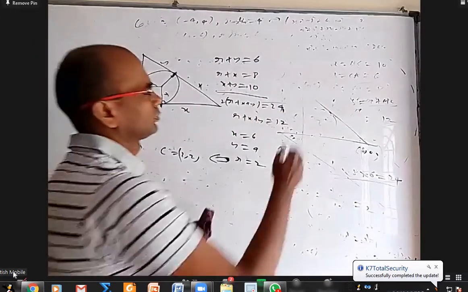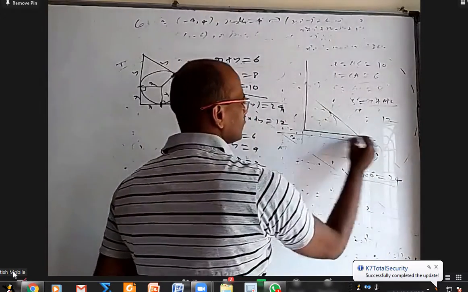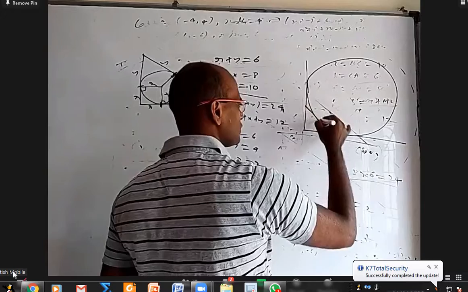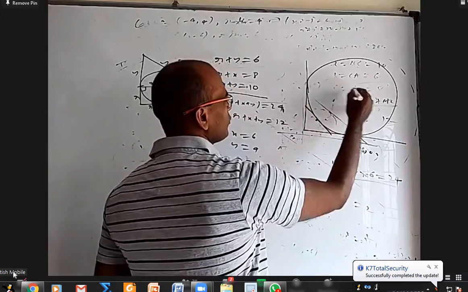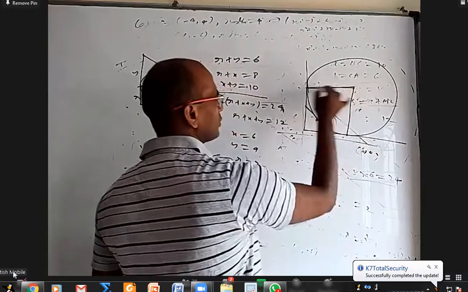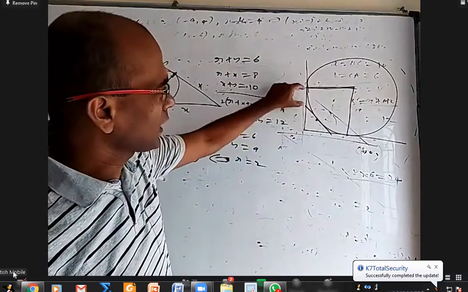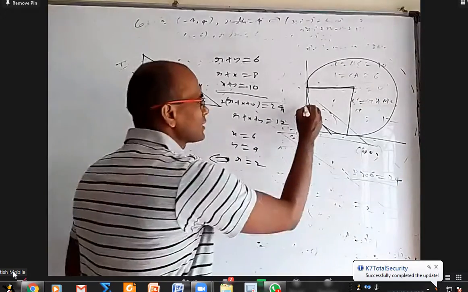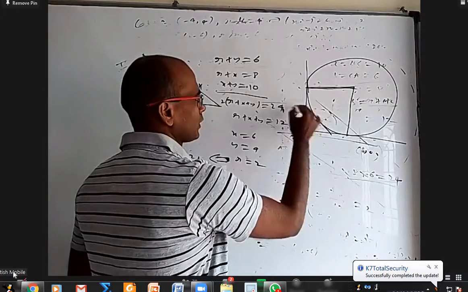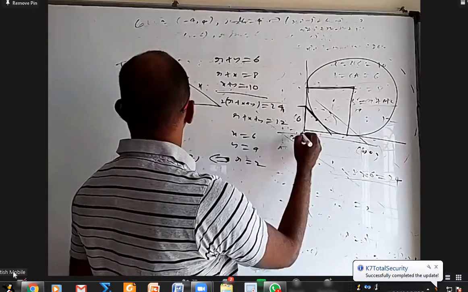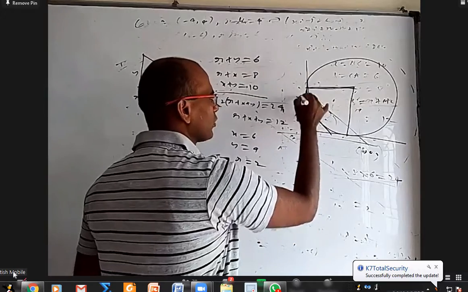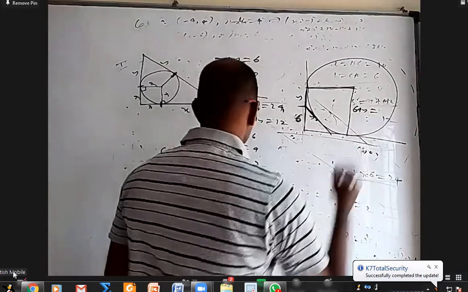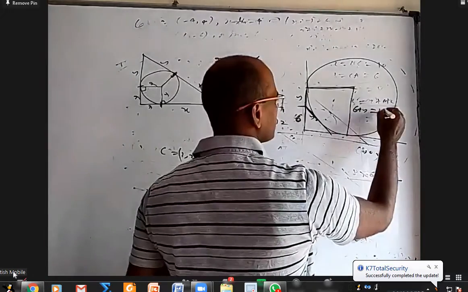Is it possible? So, this is a circle. And this is my triangle like this. How to find this big radius? This one will be this length plus this length. Am I right? But this length is what already? 6. And this length I took it as y. So this is also y. So here 6 plus y will be the radius. So 6 plus y, where y is 4, so it will be 10.